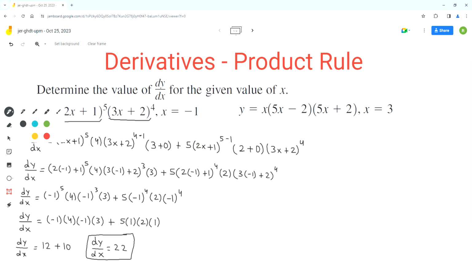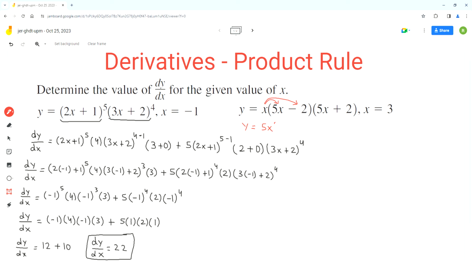Now we can analyze the second function. Now the second function is y equals x times 5x minus 2 times 5x plus 2. Now this is a tricky one because in this case we are given three factors. So it's x times 5x minus 2, then 5x plus 2. We can simplify this expression by distributing x into the parentheses, and that will reduce this expression into a two multiple expression. So we'll get y equals